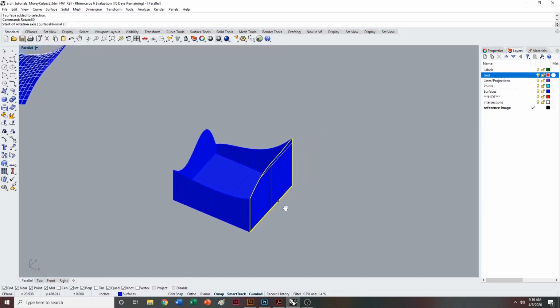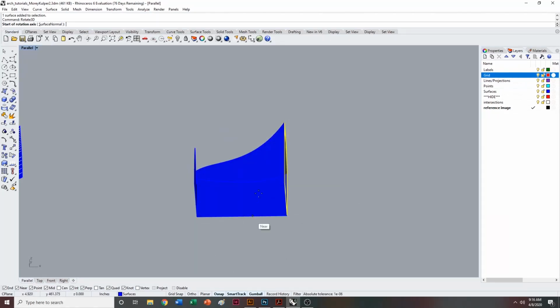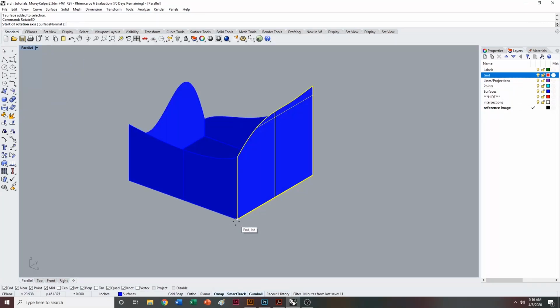What that's going to allow you to do is, instead of just rotating it this way, it'll allow you to rotate it this way. So if I click the first point of our axis, which is going to be this, since we want to rotate this down, that's what's going to be our axis. So if we click one end of it and then the other end of it,